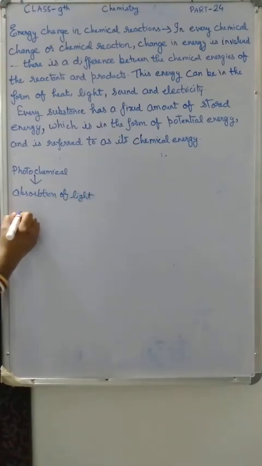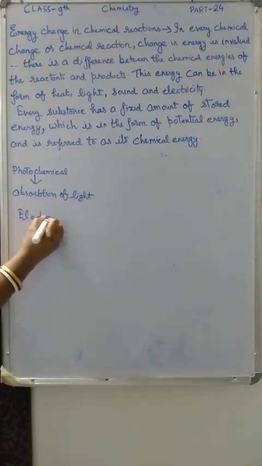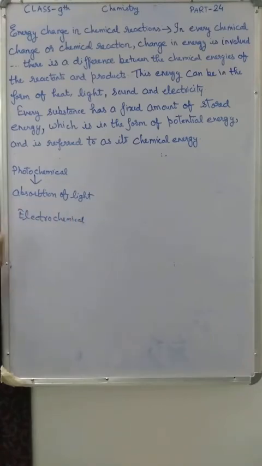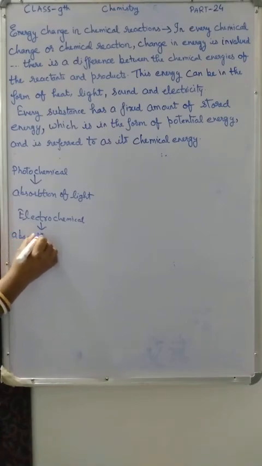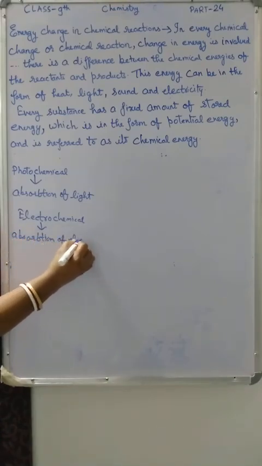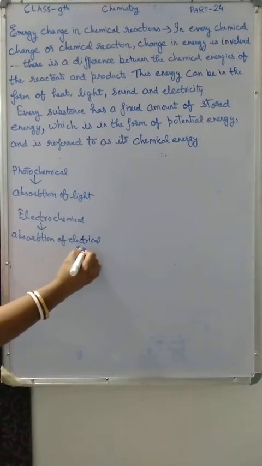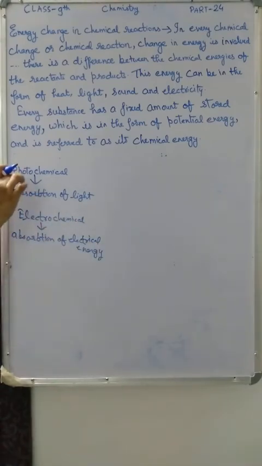And in electrochemical reaction, absorption of electricity or electrical energy. So this is called photochemical reaction. Photochemical reaction is a reaction that occurs with absorption of light energy, okay, and electrochemical reaction occurs with absorption of electrical energy. In photochemical reaction, you can see one example is given here of photosynthesis, in the presence